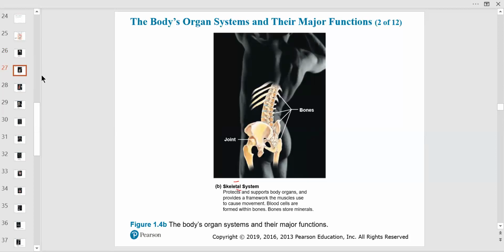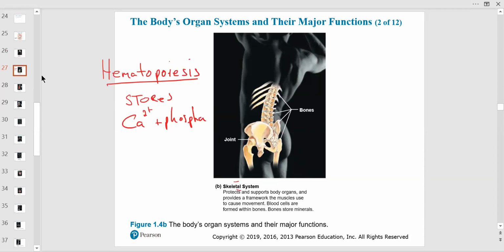But what I like about the skeletal system is that it makes blood cells. Bone marrow makes blood cells, and that's called hematopoiesis. Now, of course, I'm going to talk about that a lot later, but let's bring it up now. It makes blood cells, I'm telling you, right? And it stores calcium, stores minerals, stores calcium and phosphate, which is another mineral, ion too. So it does both of these. Are my favorite things about bone, making blood cells, especially red blood cells, but it makes all blood cells in the bone marrow. It stores the minerals.